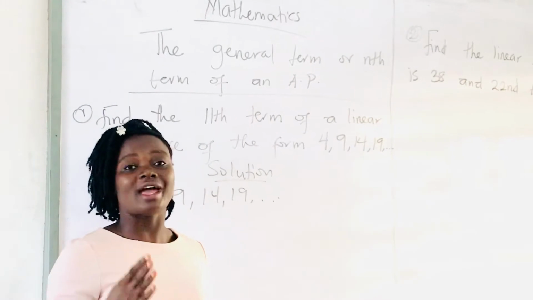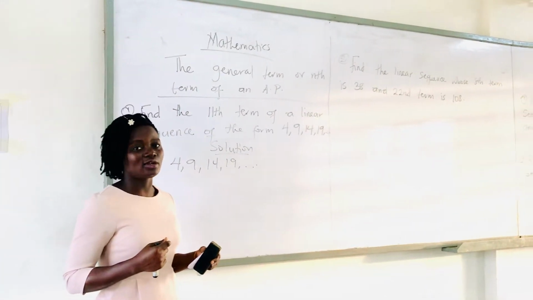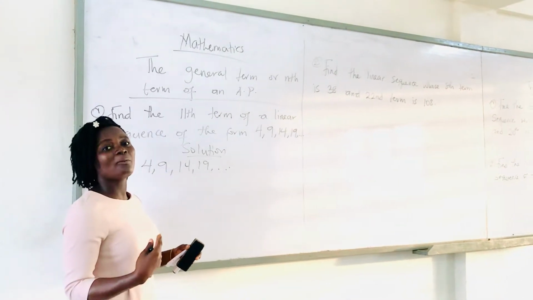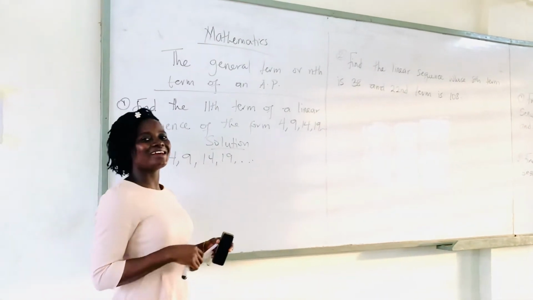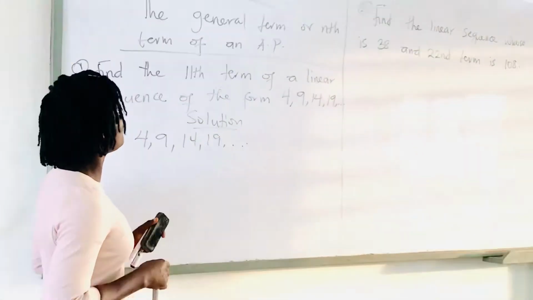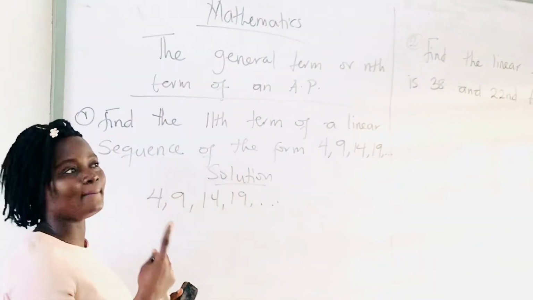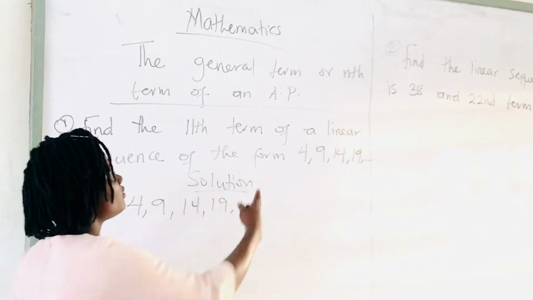And we are on the arithmetic progression or the linear sequence. So in this case, I have some questions and I'm going to go through with you. So pick your jotters and come along with me. Good. The first question I have here is, find the 11th term of a linear sequence of the form 4,